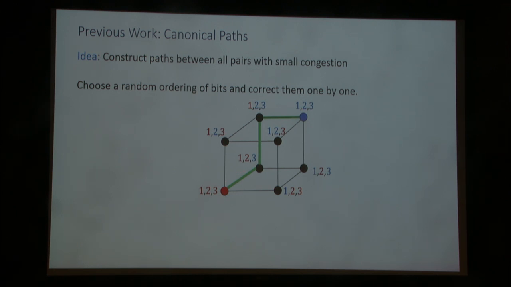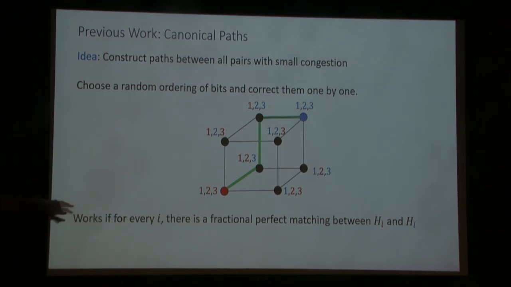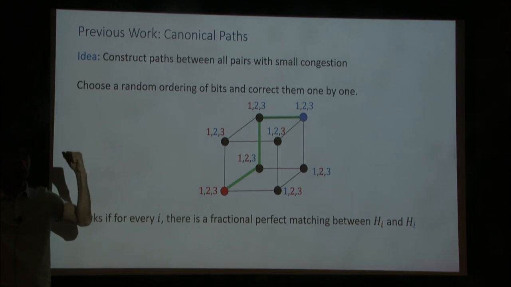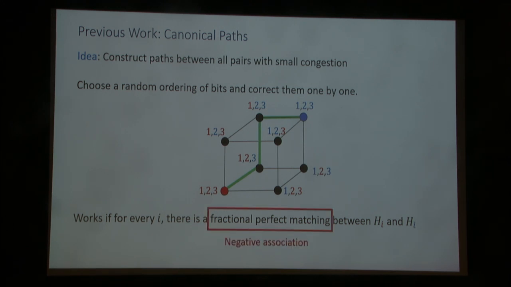And this idea you can actually generalize, not just to the hypercube. You can also generalize it to matroids. And basically the point is, this idea of having a small congestion works if and only if you have this property: let's say you look at I red and I blue. I red means vertices where the I-th bit is red, and I blue are those where the I-th bit is blue. This works if and only if there is a perfect matching or a fractional perfect matching from I red to I blue. Okay, if that's true, then you can do this routing, and the congestion will be small. And the question is, when does that work? It works if